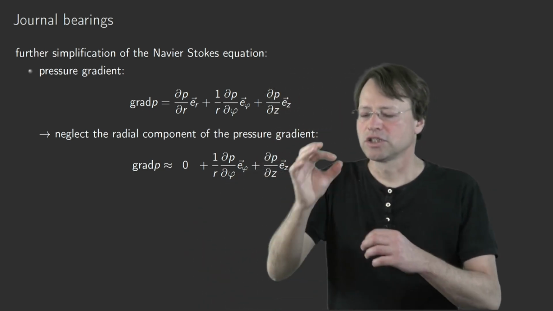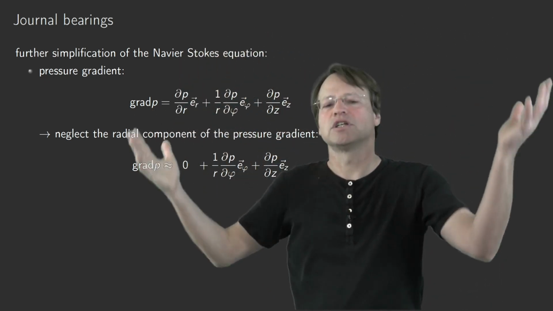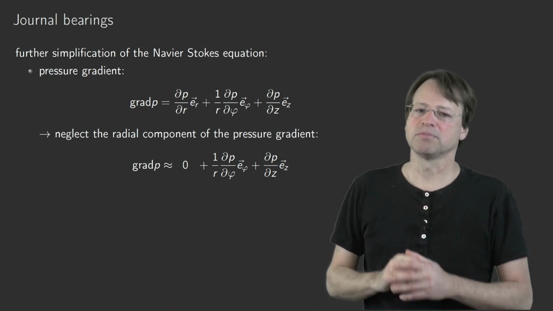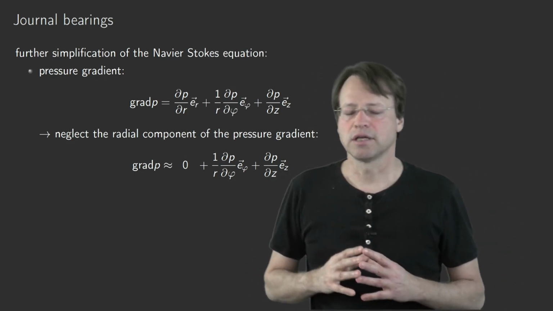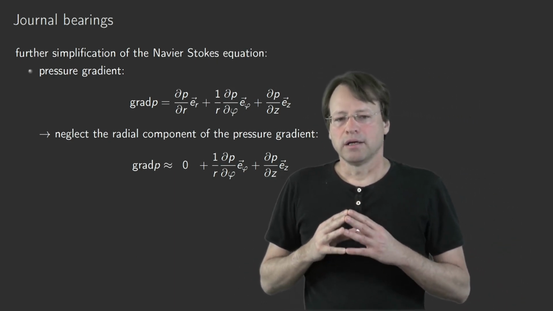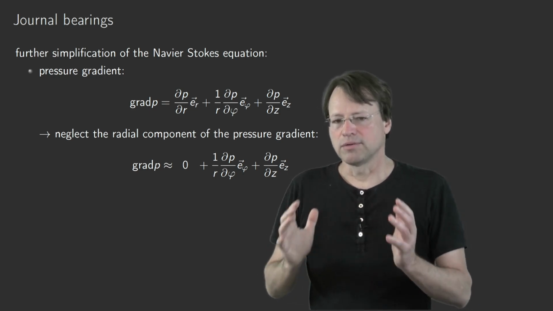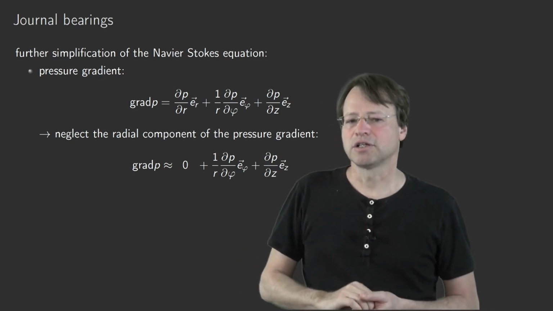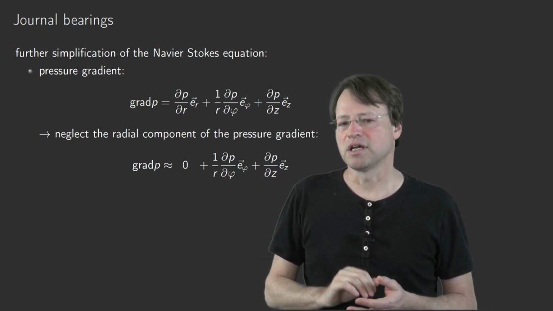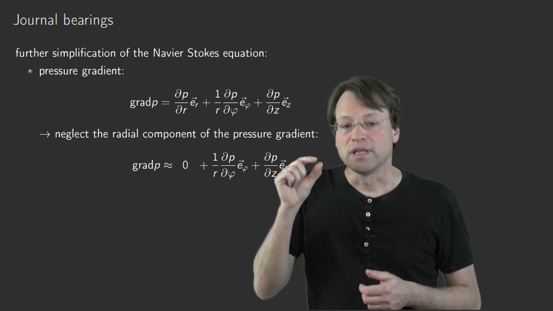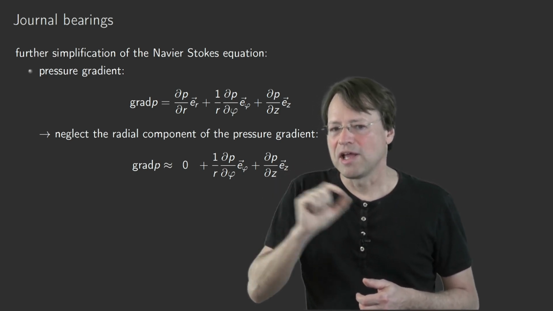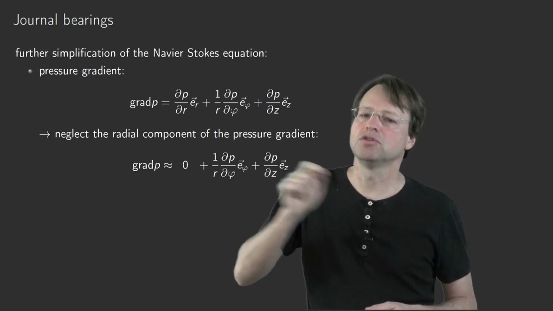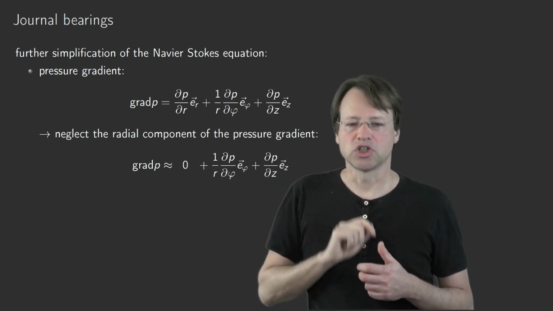It's not such a tiny shaft and such a big journal bearing, but the diameter of the shaft is nearly as large as the inner diameter of the bearing. So in the radial direction, the free length is really, really small, and the pressure has not much chance to change